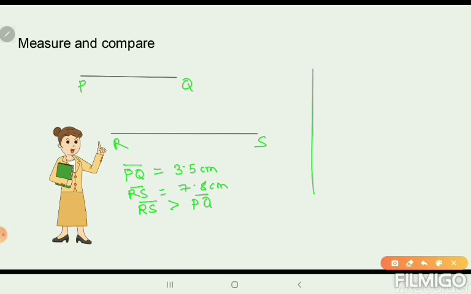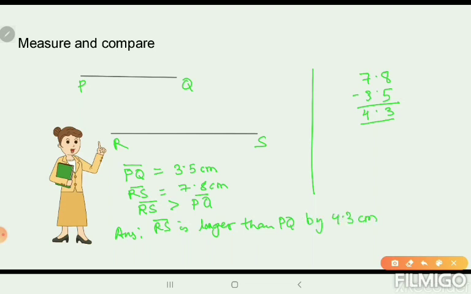So after comparing, we will find out how much it is greater. So which is the greater measure? 7.8. From this we will subtract 3.5. When we subtract, we get here 8 minus 5 is 3 and 7 minus 3 is 4. Okay, so you got 4.3. So how are we going to write our answer? We are going to write our answer as RS is longer than PQ by